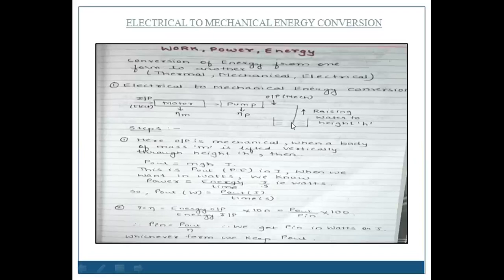Mgh divided by time, that is joules per second. If I calculate the output power, then with the help of this efficiency data I can calculate input power. So here you can see percentage efficiency is energy output upon energy input into 100, or that is also equal to P out upon P in into 100. Okay, so once you have calculated the output part, and you know the efficiency, you can calculate the input part, where the input you have to calculate with the help of efficiency data.